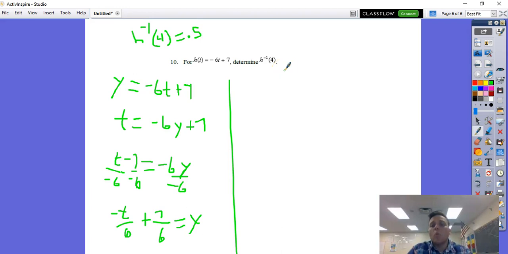All right, now that's one way to go about this problem. Another way you could have gone about this problem, which honestly is a lot faster, is to remember what an inverse is at the end of the day. It's simply switching of the x and the y. So if you took this 4 and you plugged it in right now, in other words, you said h of 4. Notice I'm not doing the inverse, I'm doing the original function. H of 4 is negative 6 times 4 plus 7. If you did that,